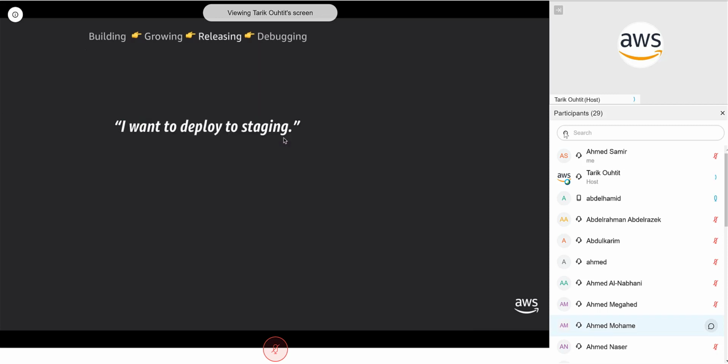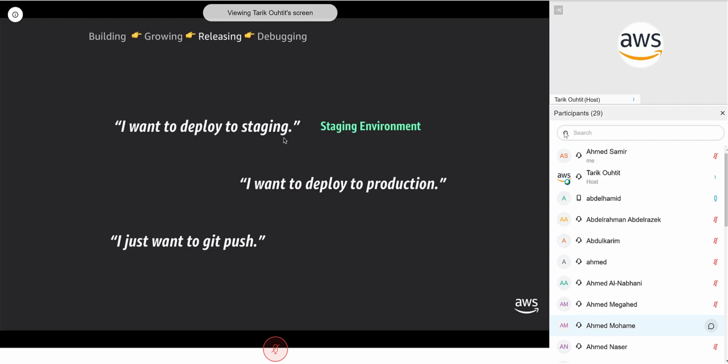Then we want to deploy. Normally, if I'm doing deployments, I don't just want to deploy straight to production. I want to deploy to staging, and then I want to deploy to production. And actually, I just want to do that with a Git push. I don't want to mess around with infrastructure here. So this CLI tool will automatically build out for you a staging environment, a production environment, and it will automatically configure CodePipeline for you so that you have a CI/CD pipeline out of the box for your application.